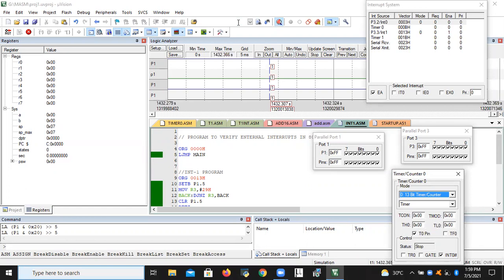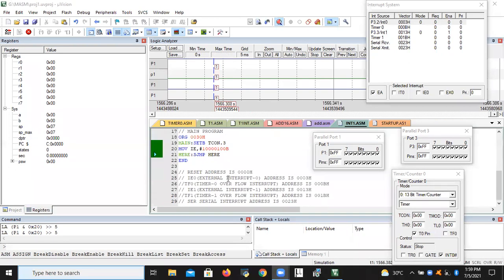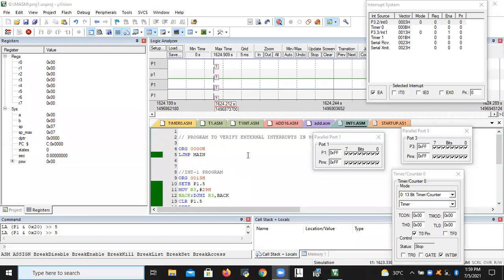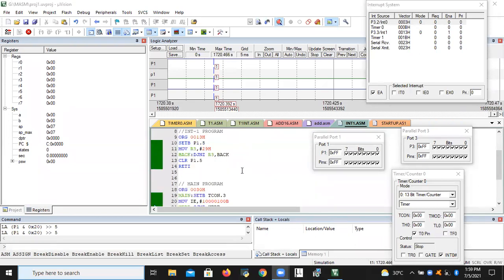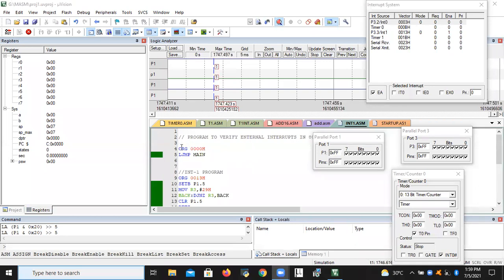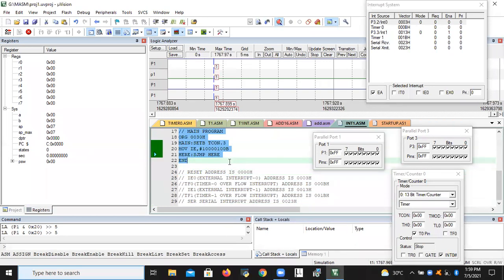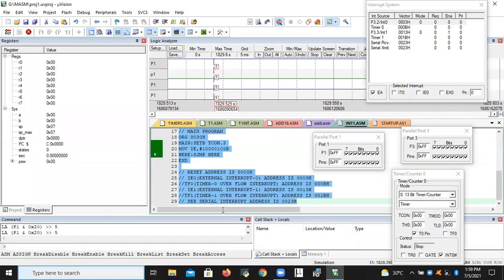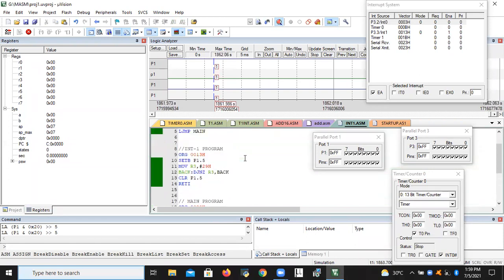No doubts. Interrupt programs. So everyone has to go through this program before coming to the lab, right? Because interrupt program is also there, timer or counter program also there, and arithmetic logical operations. These three programs were there from the 8051. You have to go through it before coming to the lab practicals. And also in tomorrow's exam, one of the questions is external hardware interrupt. So if you get the external hardware interrupt question, then you have to write this program, right?